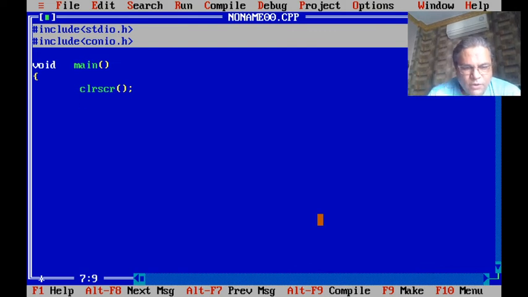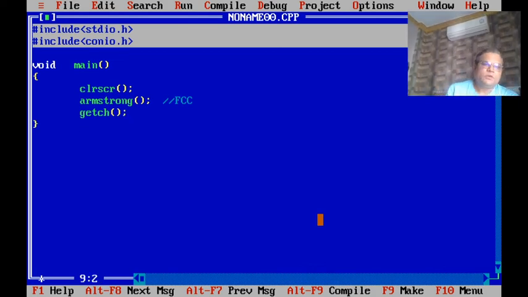Now I will call a function which is checking the number is Armstrong or not. Let's say name of that function is Armstrong. So I will call a function whose name is Armstrong. This is called as function call command. Then I will write get ch and I will close this.